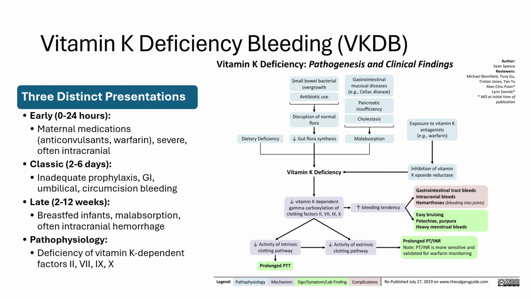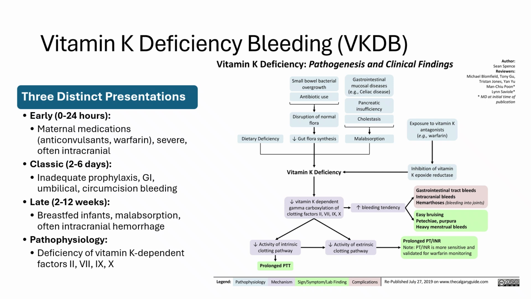Classic VKDB manifests between days 2 and 7, typically in breastfed infants who missed prophylaxis. The presentation includes more superficial bleeding, bruising, umbilical oozing, or gastrointestinal bleeding. Without vitamin K prophylaxis, idiopathic cases occur, but the prognosis improves significantly with prompt treatment since bleeding sites tend towards superficial locations. Late VKDB develops between 2 and 12 weeks, exclusively in breastfed infants with either inadequate prophylaxis or underlying